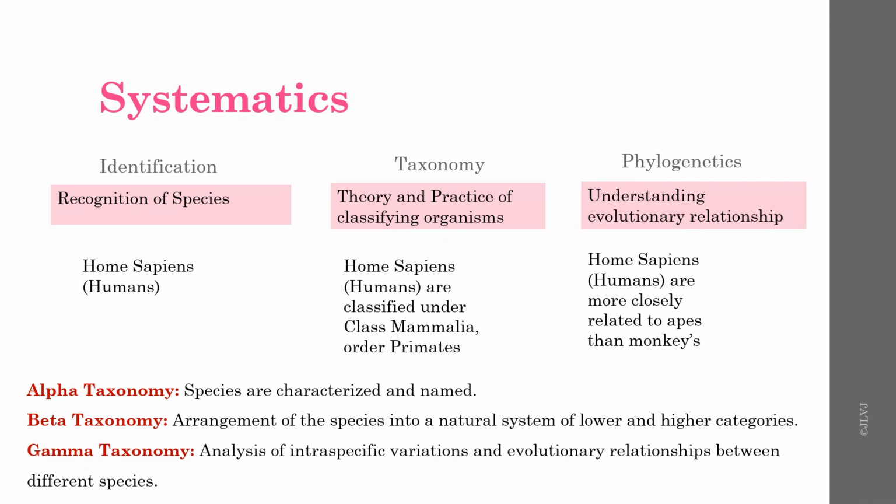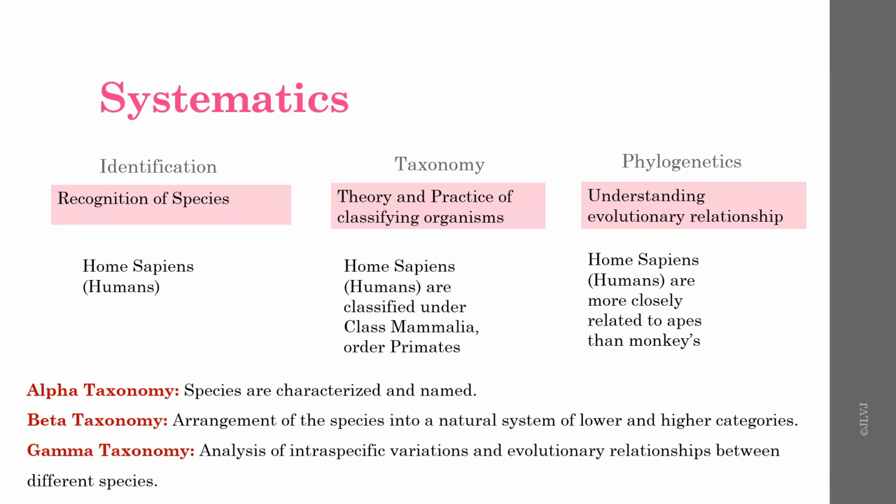For example, if we are identifying a butterfly, we know certain characteristics of a butterfly, so accordingly we understand it's a butterfly. In the next stage we provide a name. So alpha taxonomy deals with